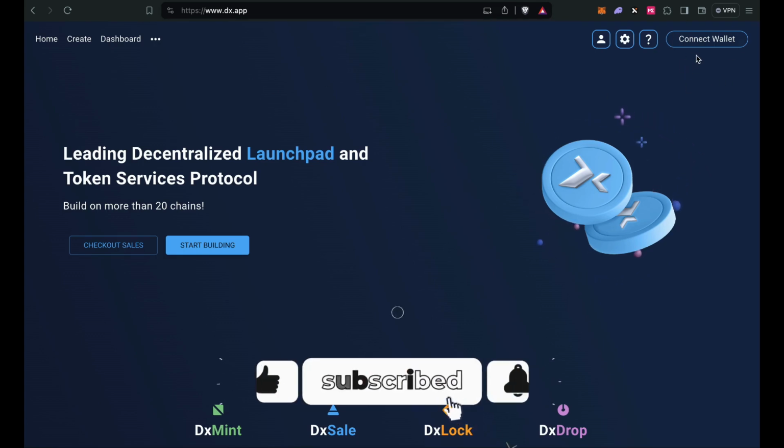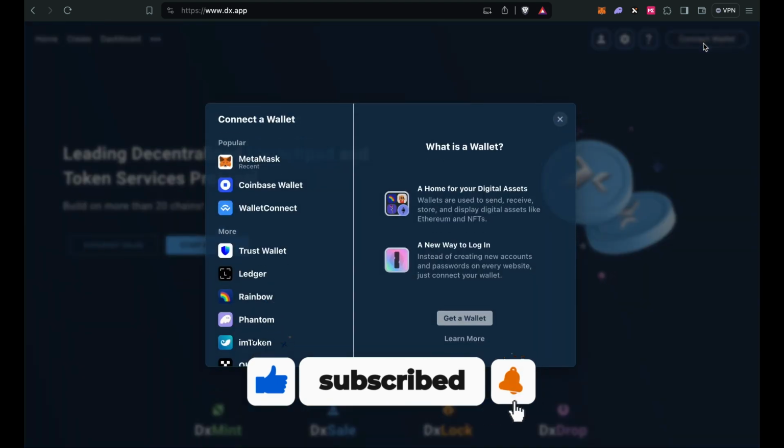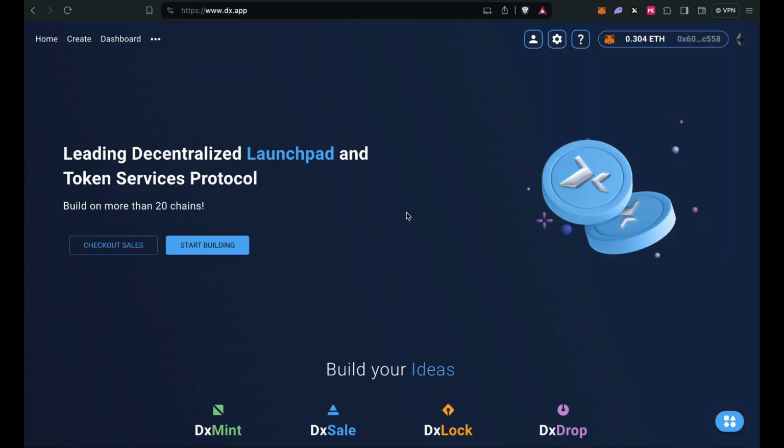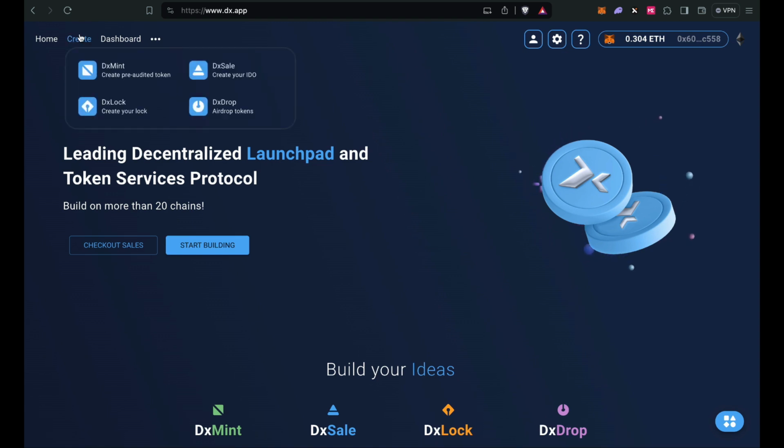Up here to the right, we want to connect a wallet. So click on it, choose your wallet. Mine is MetaMask, and because I've connected before, it's automatic. But if this is your first time, you will get a pop-up window from the wallet asking you to confirm if you want to connect to dx.app, in which case you say yes. And once connected, you come here to the top left,